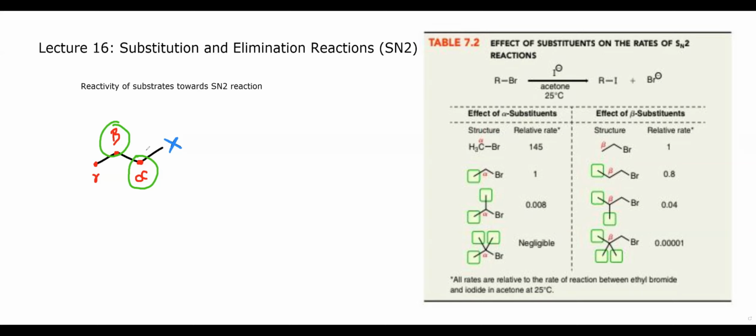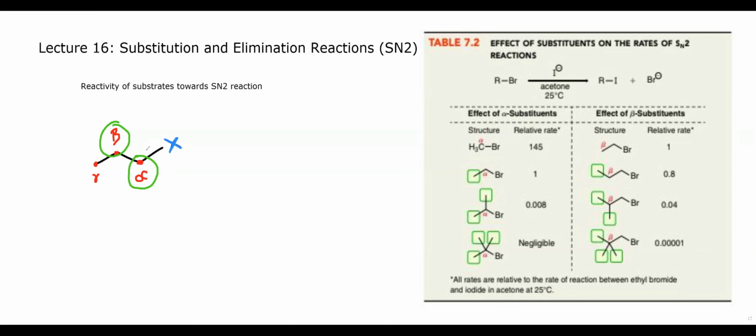So if we look back with that information in mind at this chart here, on the left side of the chart, we see the effect of the alpha substituents. We have different structures, and then we have their relative rates. Now, the relative rate that we put as 1 would be the primary bromide, right? Ethyl bromide. It's a primary bromide. We've given that a relative rate of 1. The methyl bromide, just above it, has a relative rate that is